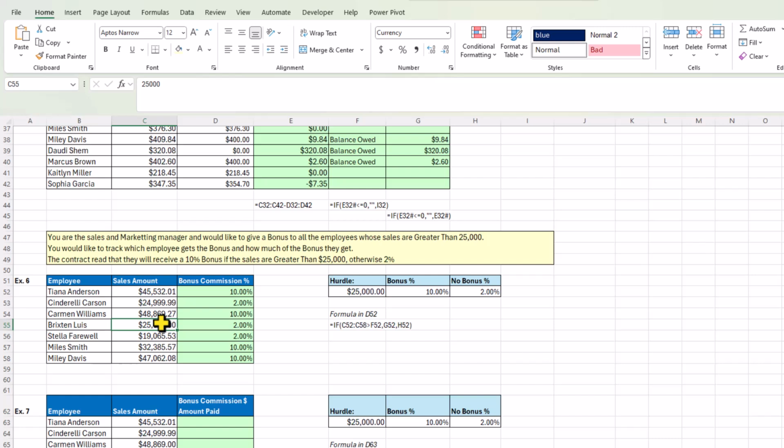So if it was 25,001 cent, they will receive the 10%. And let's change that and see if that will update as well. 25,000.01. Now that changes to 10%. So only if their sales amount is greater than 25,000, then they will receive the